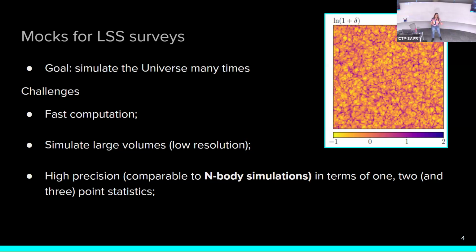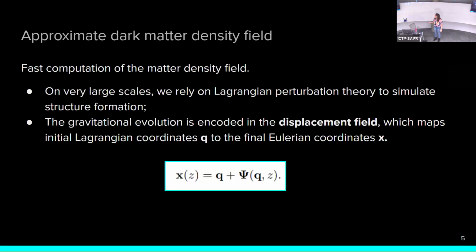So yeah, this will be accurate with respect to the embodied dark matter density field in some scales, in some limits. But the challenge, yes, this is part of the challenge, because we rely on these approximate dark matter density fields. The one that we are using in this work is called augmented Lagrangian perturbation theory.